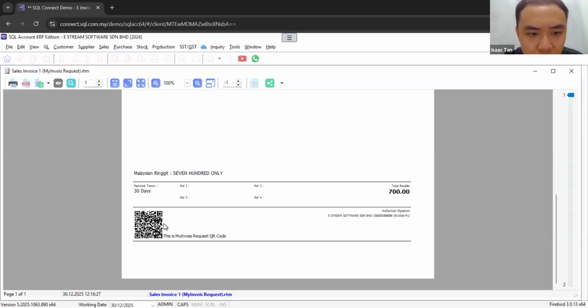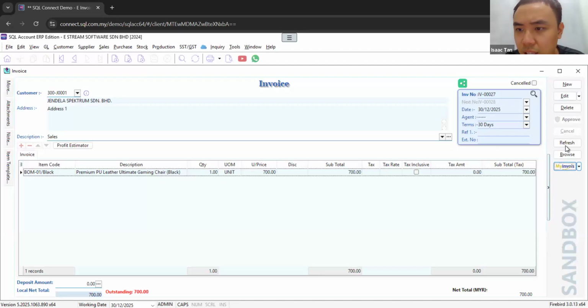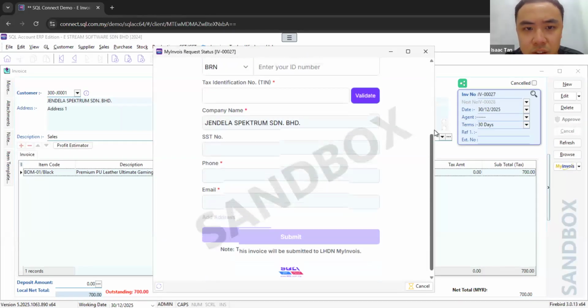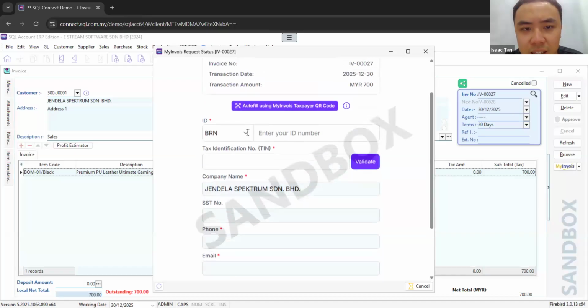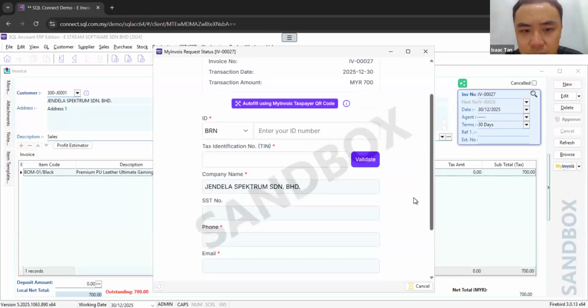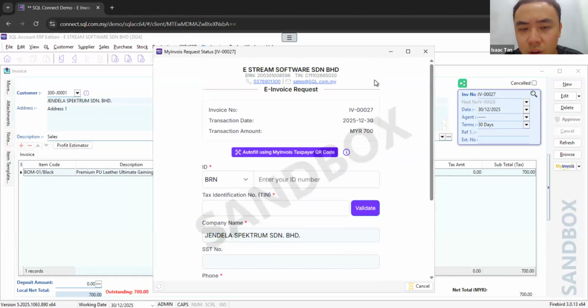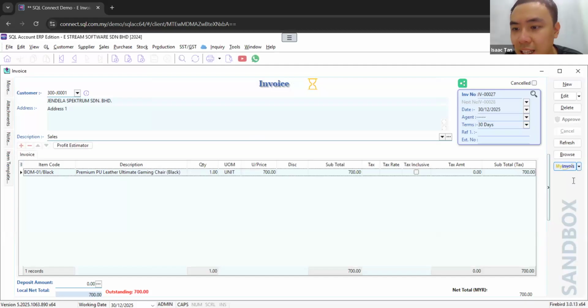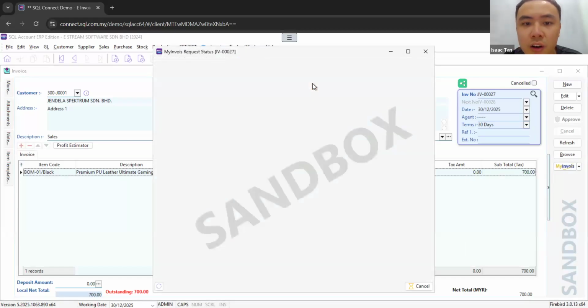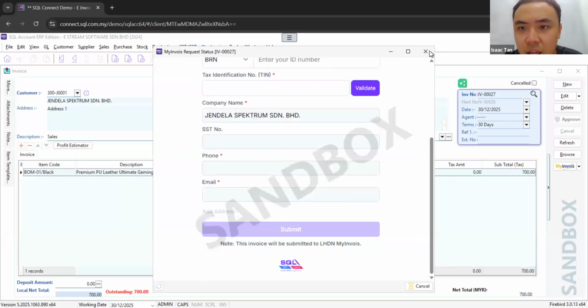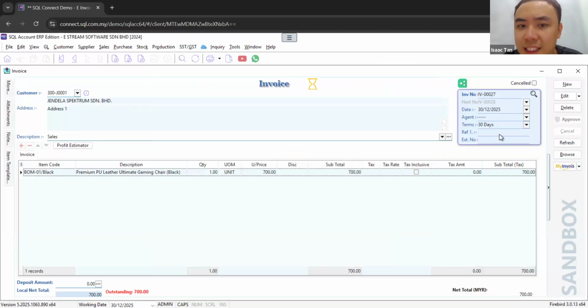You can scan this QR code, and the link will come out like this. So the customer will key in the info and then submit. So this enable request QR code is just for this link. But once you already submit,